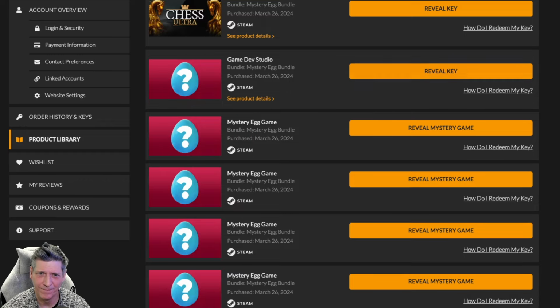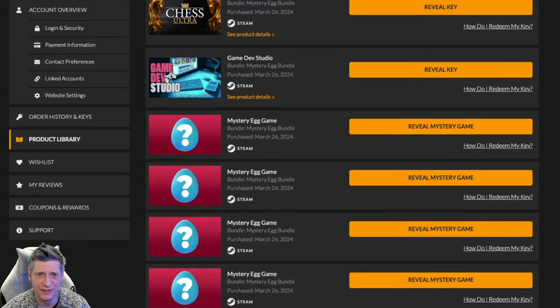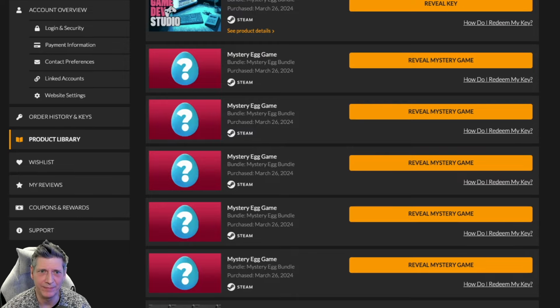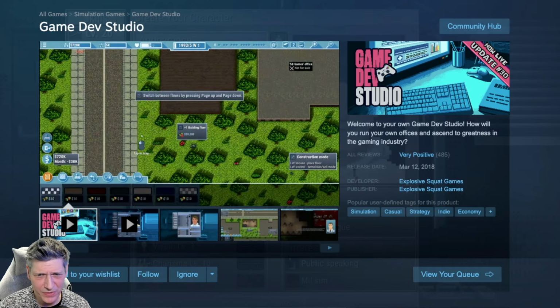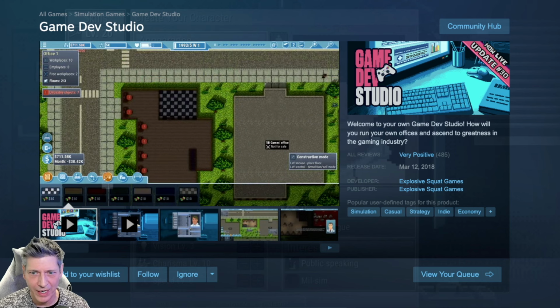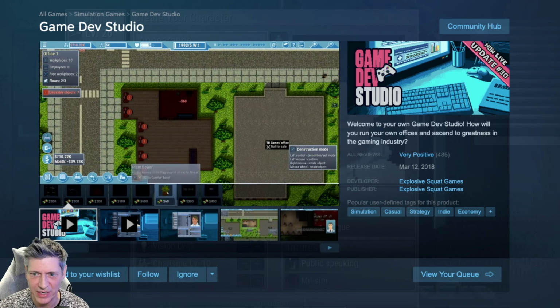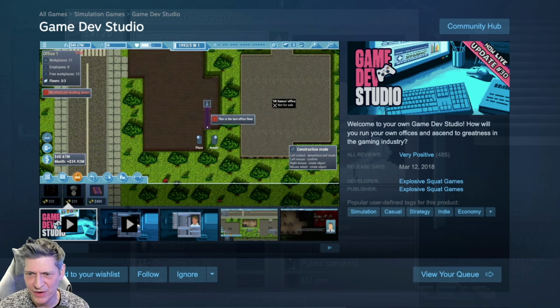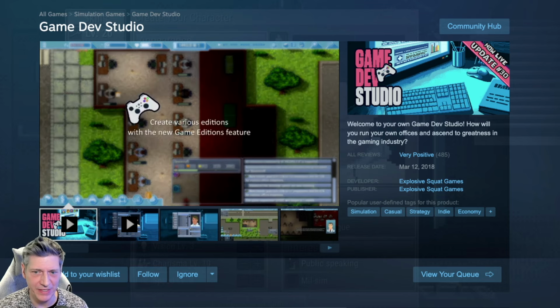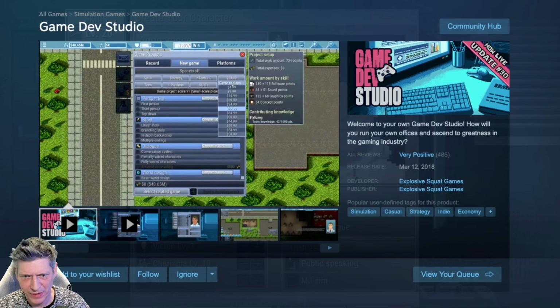Ready? Game Dev Studio. I don't think I have this one either. There's been a lot of stuff so far that I don't think I have. So that's a good sign. Game Dev Studio. Welcome to your own Game Dev Studio. How will you run your own offices and ascend to greatness in the gaming industry? And it's sitting on 485 very positive reviews. It was released back in 2018, developed and published by